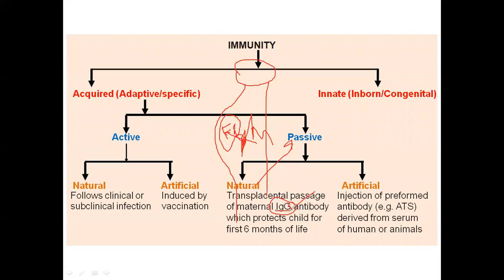Now, when the fetus is developing inside the womb, the immune system is not developed. The acquired immunity is not developed. Therefore, for the sake of protection after birth, immunoglobulin G is transferred from mother to the fetus through the placenta. That is naturally passive acquired immunity. As well as after birth, we know that